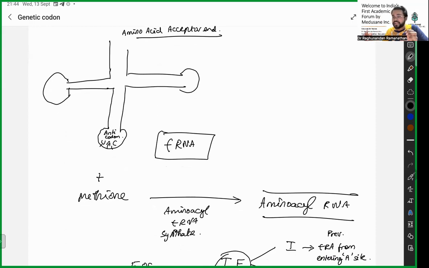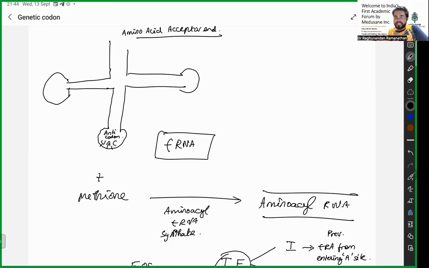In this tRNA, there is another molecule coming and sitting at the amino acid acceptor end. This can be methionine, arginine, phenylalanine, tryptophan, all the essential amino acids. Why do we call this an essential amino acid, guys? Because this amino acid has to be taken in from your diet in order to produce this protein. So that is what exactly happening. You eat amino acid, and this amino acid has to be converted into a protein. But how does this protein conversion occur?